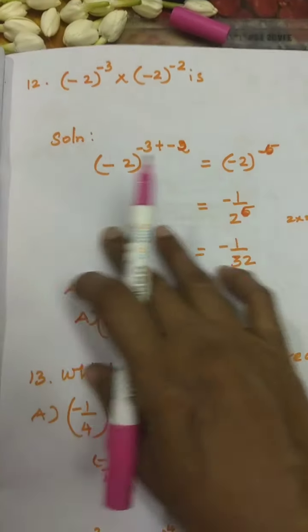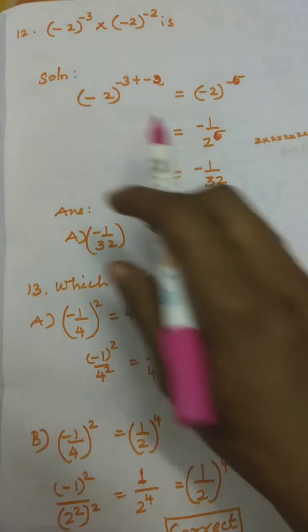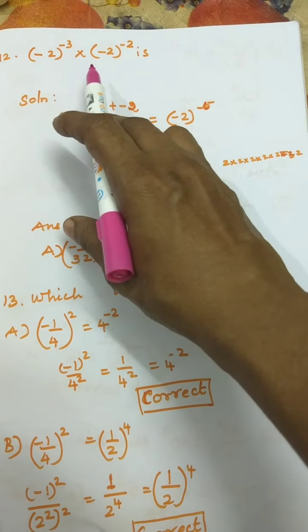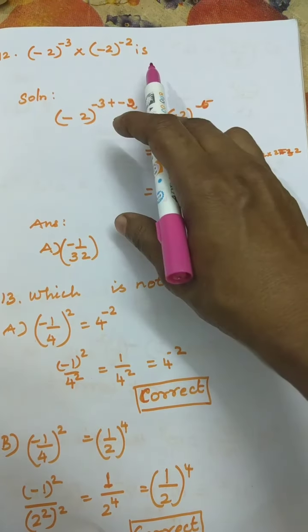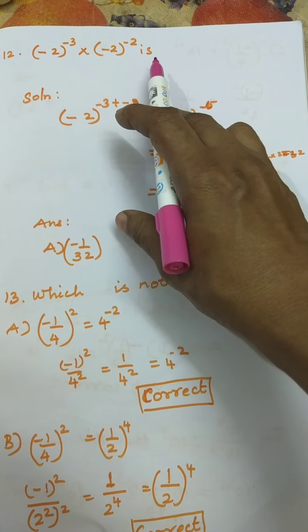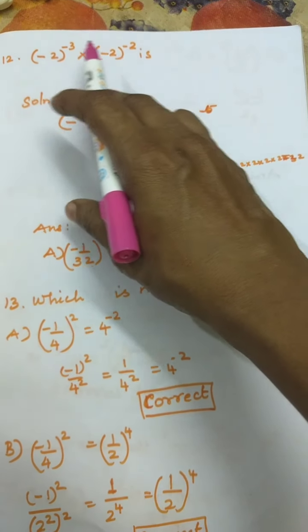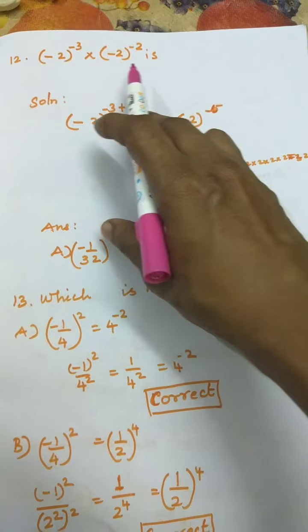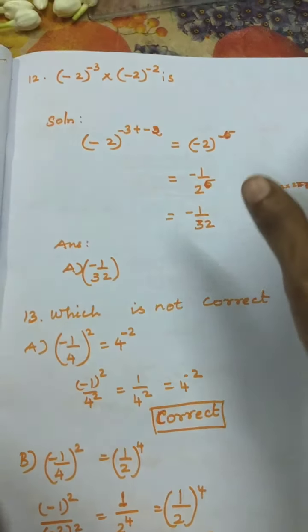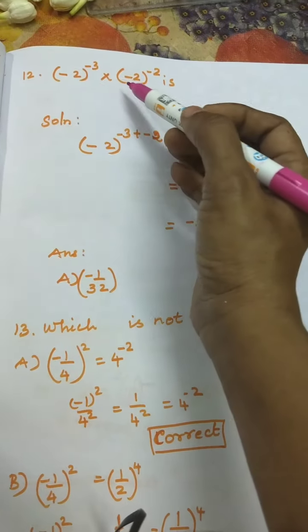Okay. Then we shall move to the 12th sum. That is minus 2 the whole power 3 into minus 2 the whole power 2, minus 2 is minus 3 minus 2. You have to make the negative sign. No need here. Here because the